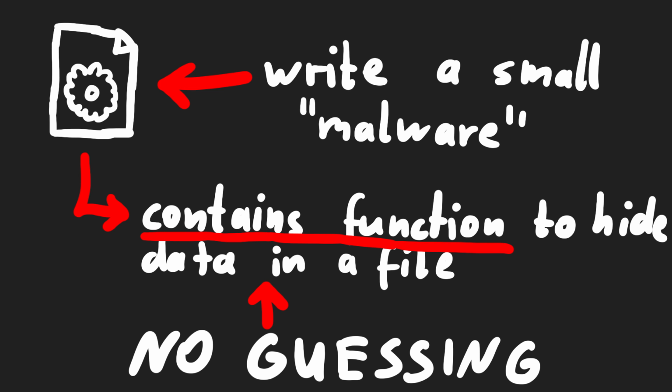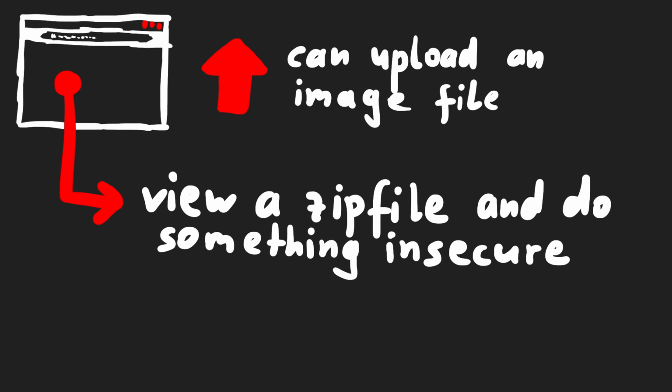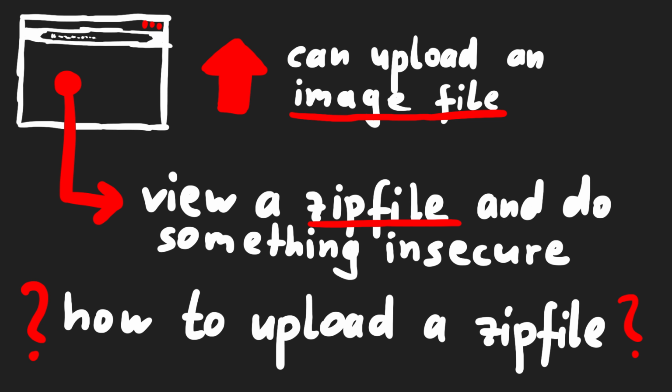Now you don't have to guess anything. You need to reverse engineer the challenge malware in order to find out how it's hidden, and then implement the reverse to recover the hidden file. This is useful. This teaches you about reversing and understanding some file formats. Another way is to, for example, have a web app where an upload requires an image file, but there's another endpoint that opens and displays zip files. Your goal is to get a malicious zip file onto the server.